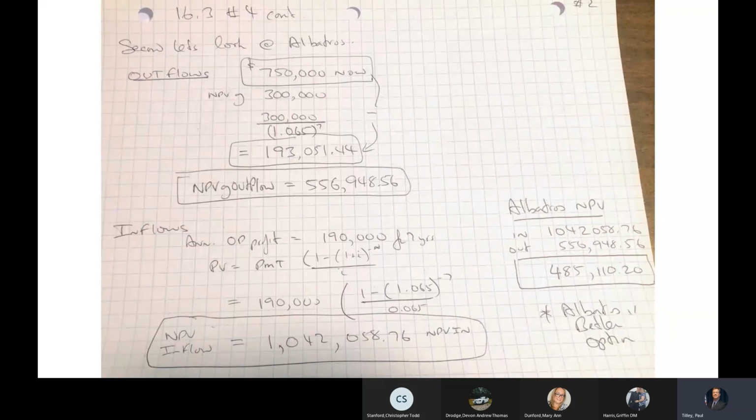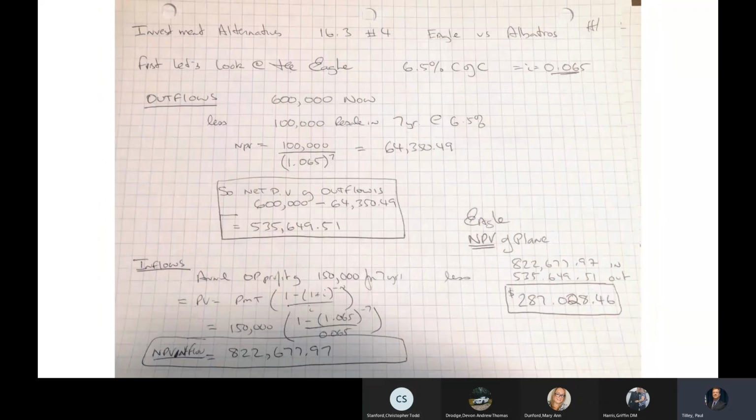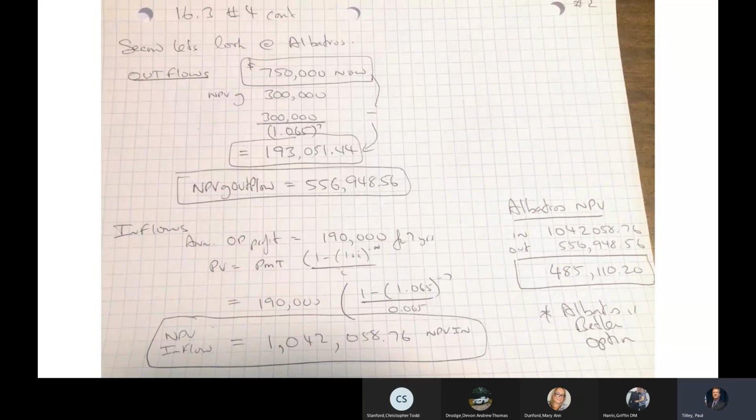So what we've got to do is compare how much money comes in from the Eagle versus how much money is going to come in from the Albatross. So again, back to the Eagle is $287,000. The Albatross, $485,000. By far and away, the Albatross has the higher value. So if we had to make a decision, the Albatross is the